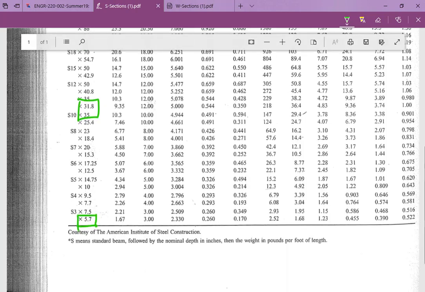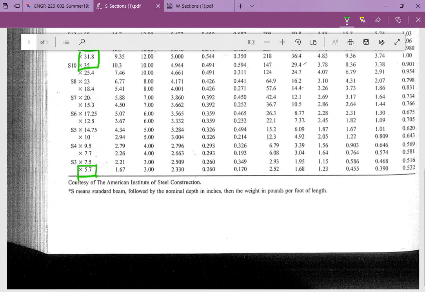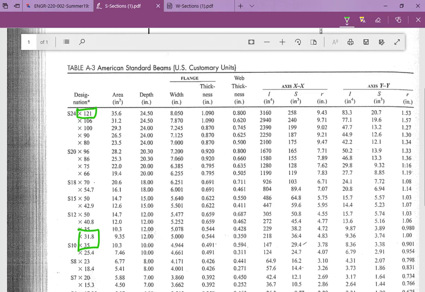So these numbers, let's see if it even says, it doesn't even say, but it says courtesy of the American Institute of Steel Construction. So I have to assume these are steel beams. And in general, all the steel beams are going to be made more or less with the same density. So these can be that structural steel, kind of generic material in our charts. It could be one of the different carbon concentration steels, but it's not like a stainless steel or something like that. So assuming that it's just a regular old mild steel of some kind, then these numbers represent the